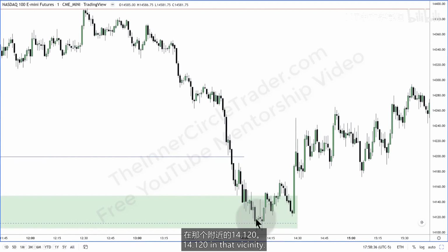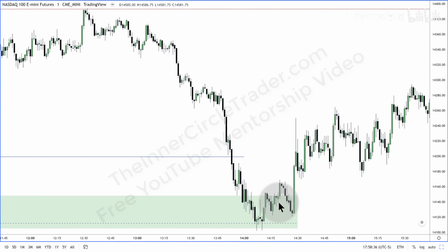14,140, 14,120 in that vicinity. See that small little gap right there? See that? See the swing high? We trade above it, create a fair value gap there, trade down into it. This is an afternoon trade. This is 2 o'clock in the afternoon, local time in New York, inside the order block, inside the fair value